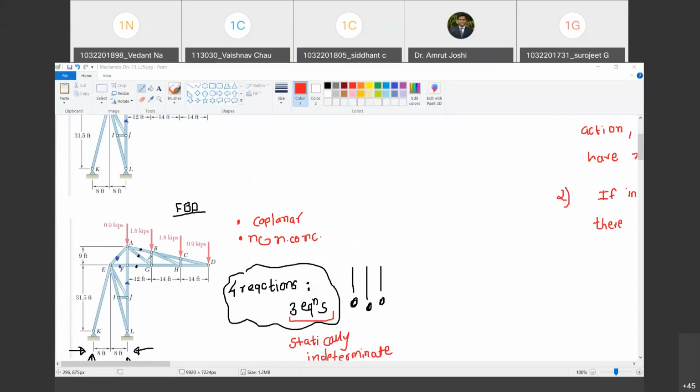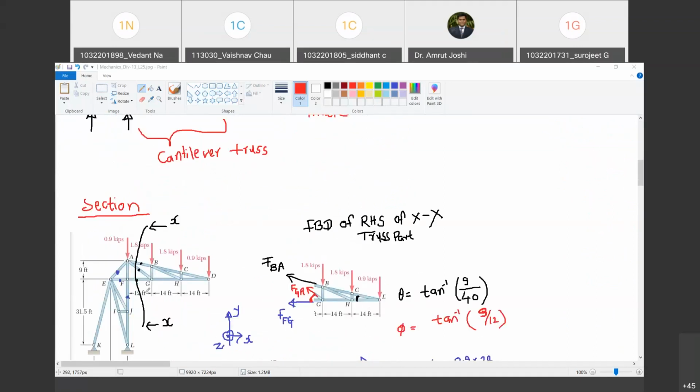Yes, sir. Now imagine that I am cutting this truss such that the section passes through precisely these three members. Are you with me? Yes, sir. इन तीन मेंबर से मैंने एक सेक्शन पास किया and I'm going to cut the truss along that section. What is the characteristic of this section? Does it divide the truss entirely into two halves? अगर मैंने इसको कट दे दिया तो क्या ट्रस के दो पार्ट्स होने वाले हैं या नहीं होने वाले? होने वाले. And there is no connection between those two parts once I give a cut. Do you agree with me?